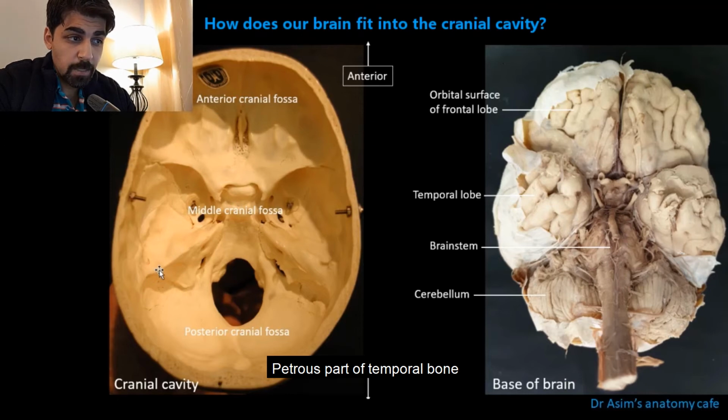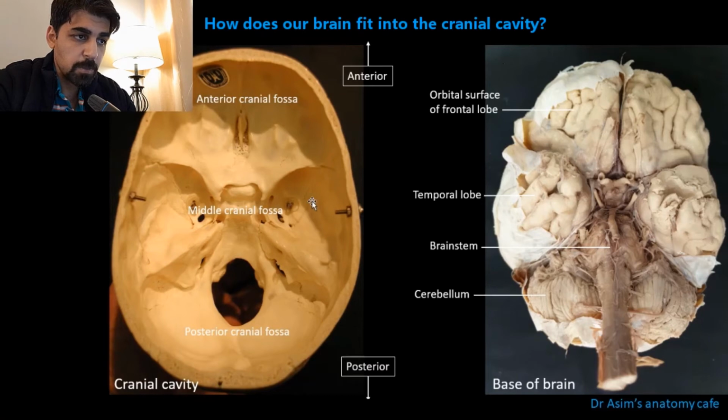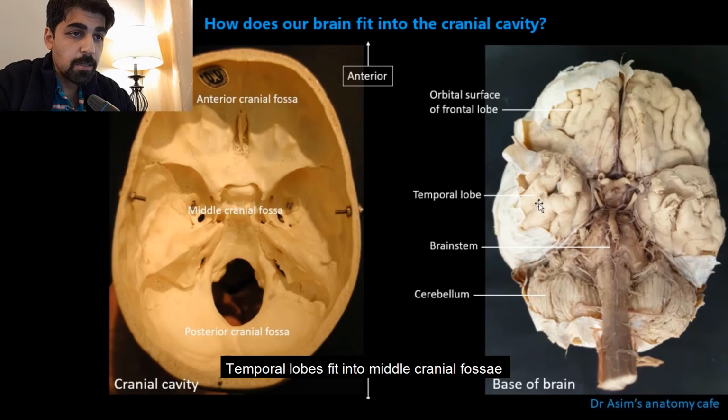The petrous bone has a sharp margin at its top. This is basically the posterior extent of the middle cranial fossa. So this region here is the middle cranial fossa, and over here as well. The temporal lobes of the brain, which you can see from below here, are going to rest into the